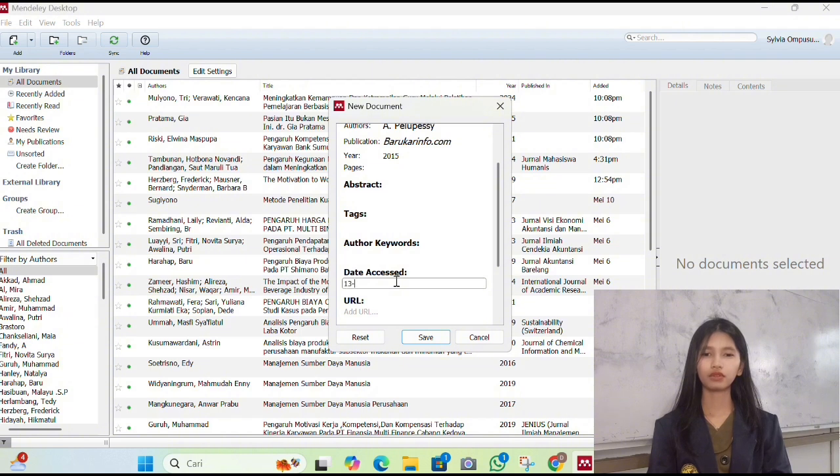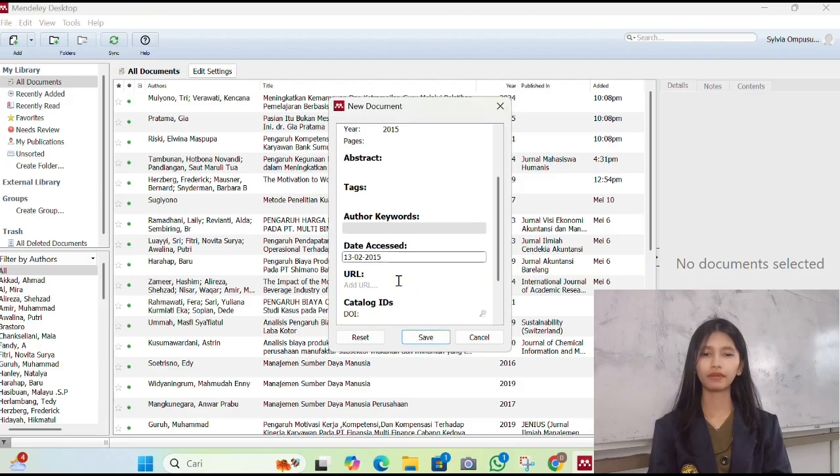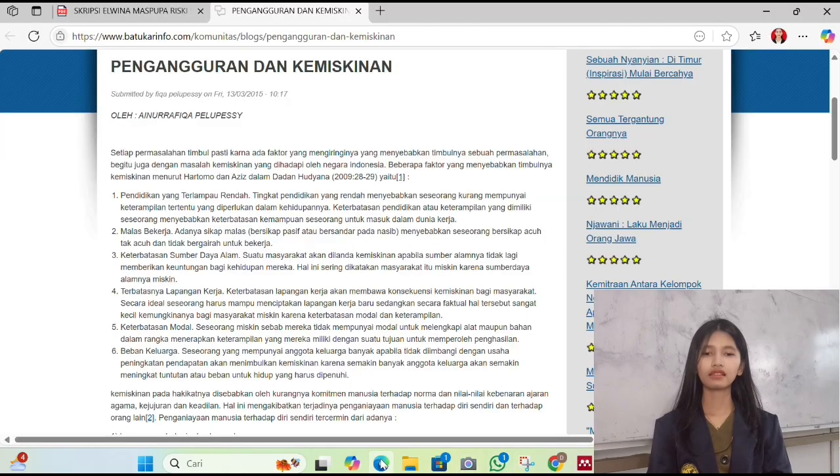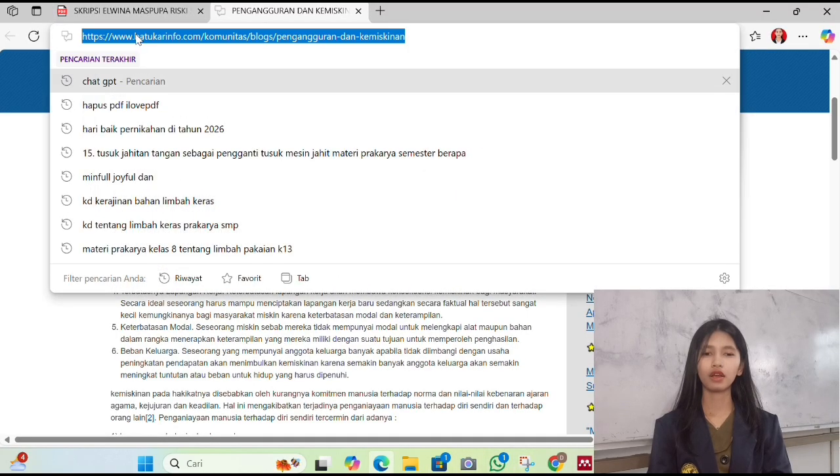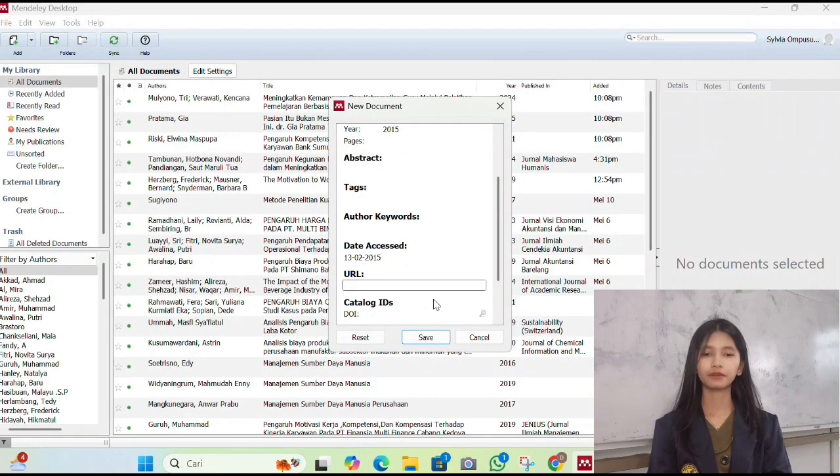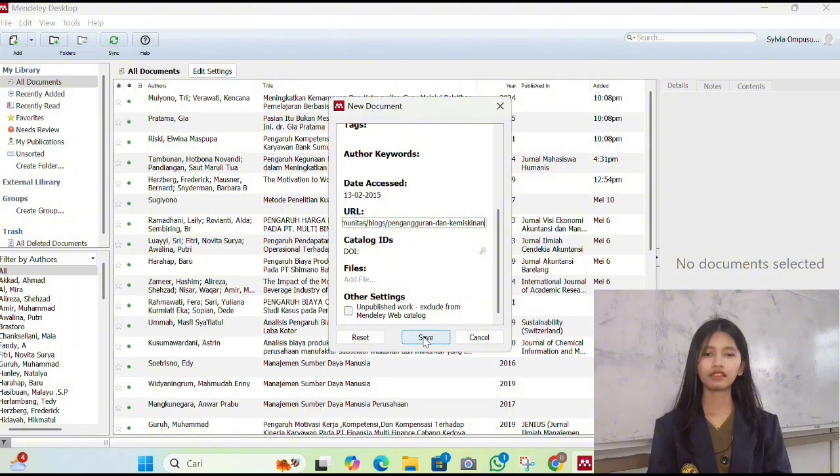And move to the next column, get access, when we accessed the web page. And the last thing is URL. We can copy from the web and paste to Mendeley. The last step is saving the site.